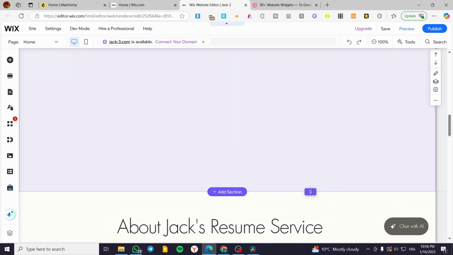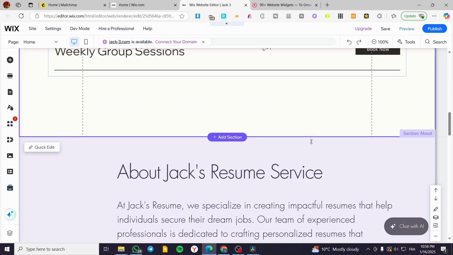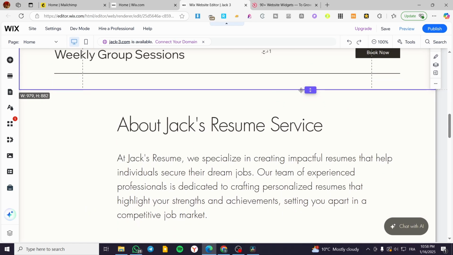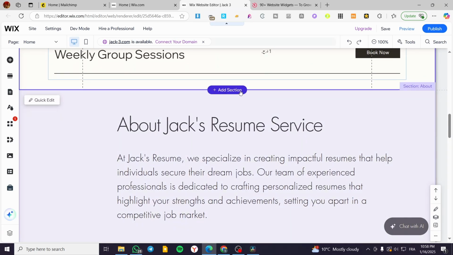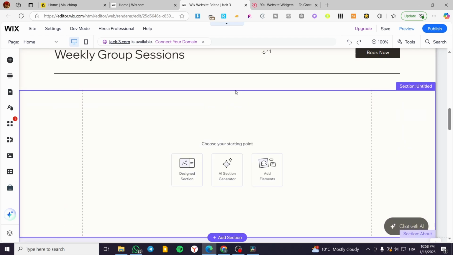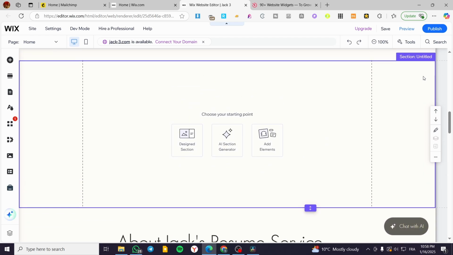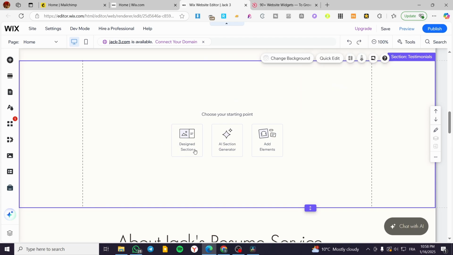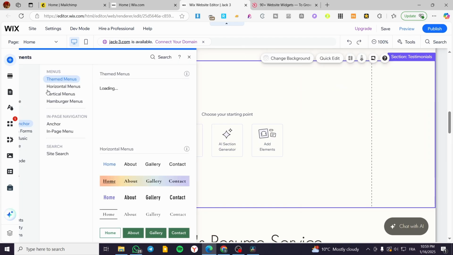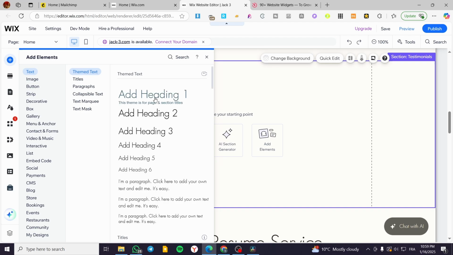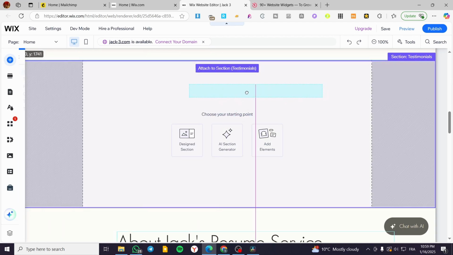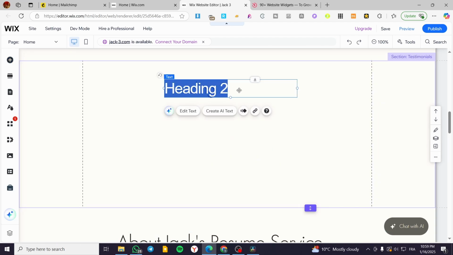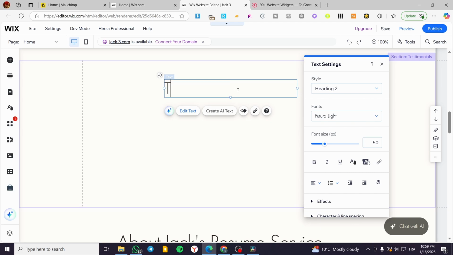We're going to set up here a section specific for this special testimonial slider. We're going to create another section, and I'm going to name it here testimonials, and we're going to let it as it is. I'm going to add here an element of a text. For example, I'm going to select a heading, like this. I'm going to double tap on it, and then we're going to type in